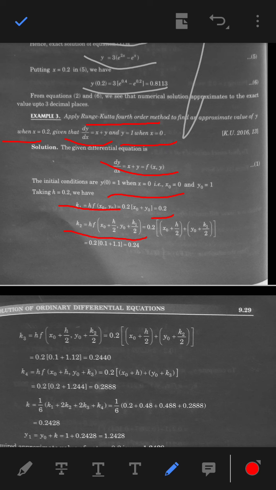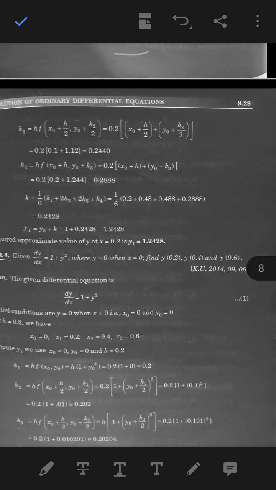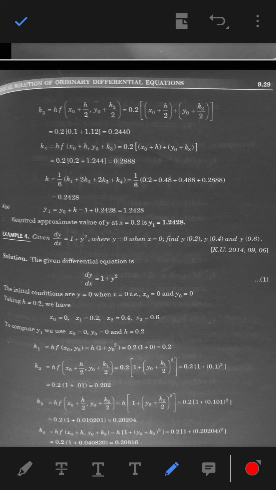into f of x naught plus h by 2, y naught plus k1 by 2, and this comes out to be 0.24. Now next we will find the value of k3, and k3 will be found in the same way, that is h into f of x naught plus h by 2, y naught plus k2 by 2, and we know the value of h, x naught, y naught and k2. So we simply substitute these values in this expression and find the value of k3, 0.2440. And finally the value of k4 will be equal to h into f of x naught plus h, y